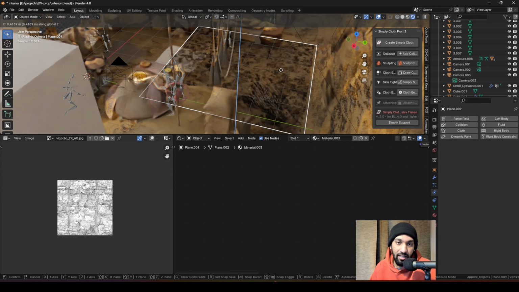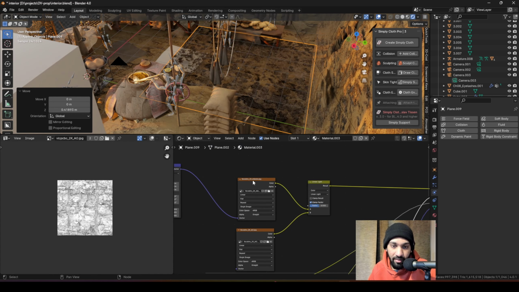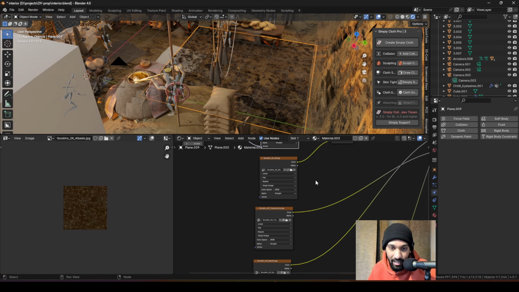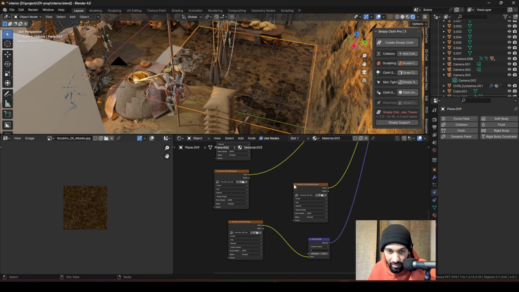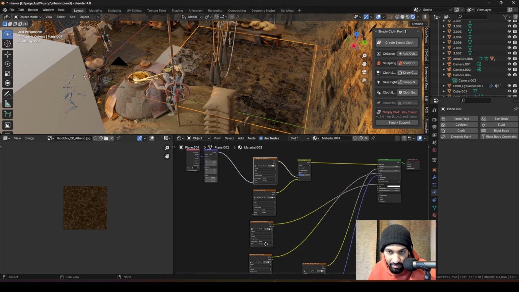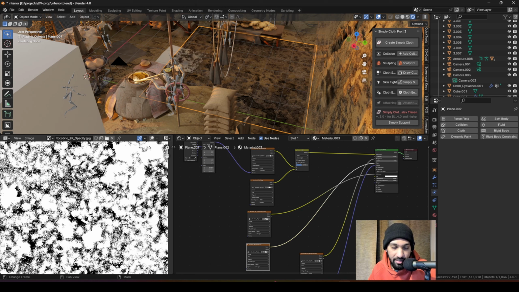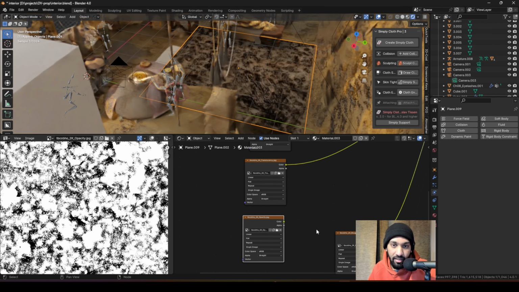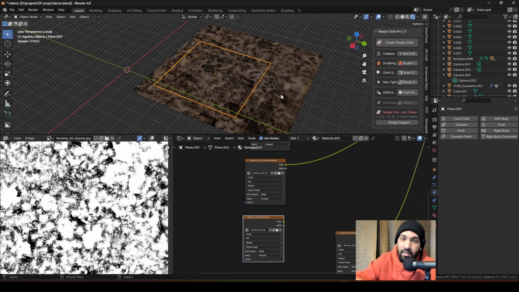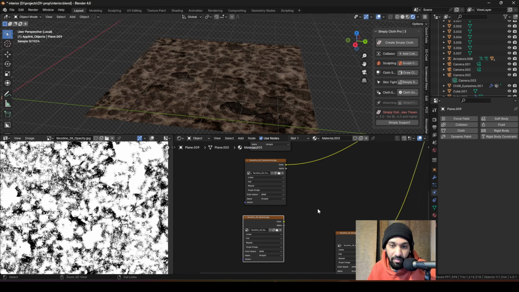It wasn't really adding much in the final painting, but essentially it was just an image like that. And then there was a roughness map, a normal map, and an opacity map. The opacity map was pretty much like the white. I think the white parts are the parts that are going to be shown of the texture, and the black parts are going to be hidden. So if I remove the opacity node, it looks something like this, right? It's just an opaque texture. But if I bring it back,